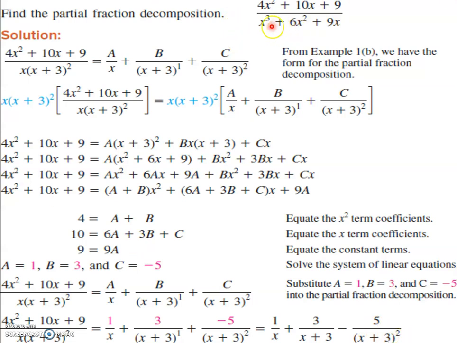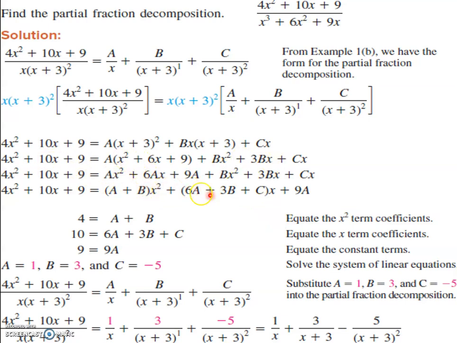Easy trick is that if a polynomial is given, we have to compulsorily take x common, then reduce it to a quadratic form, then we have to get the repeated factor or non-repeated factor, then we convert. Suppose it is in a repeated factor, the first factor upon non-repeated factor, B/(x + 3) plus C/(x + 3)². Then we take this as an LCM, multiply both sides, common terms get cancelled. Then here what happens? We have to equate the terms.